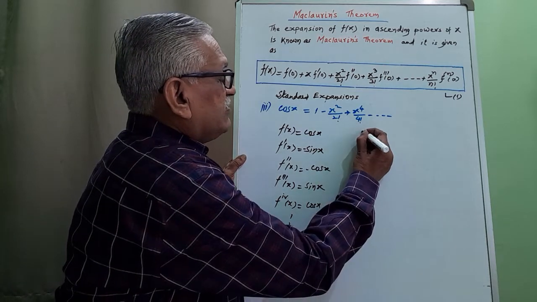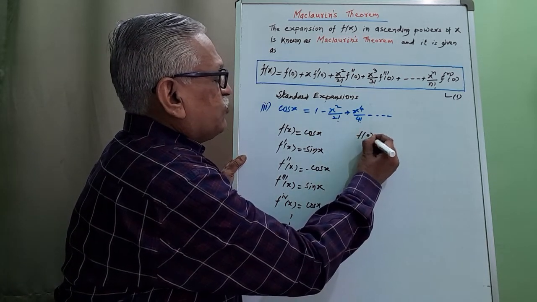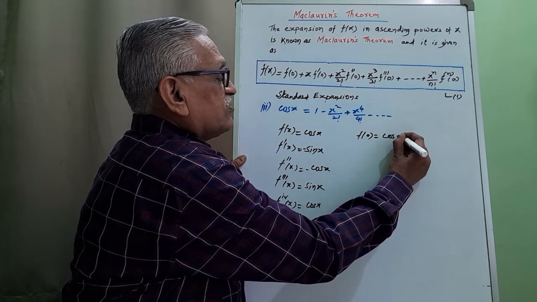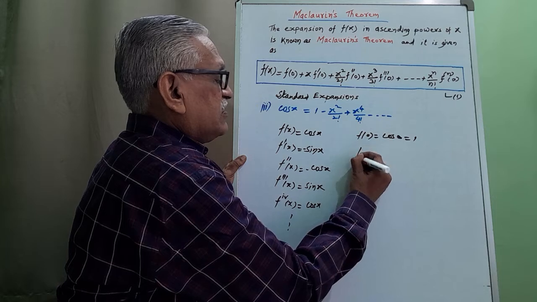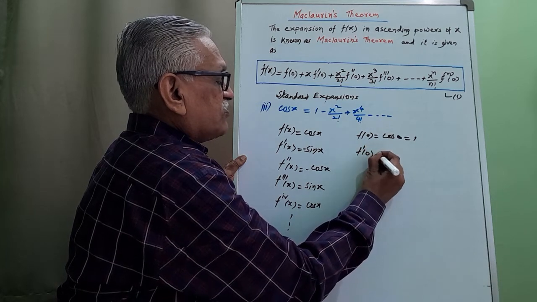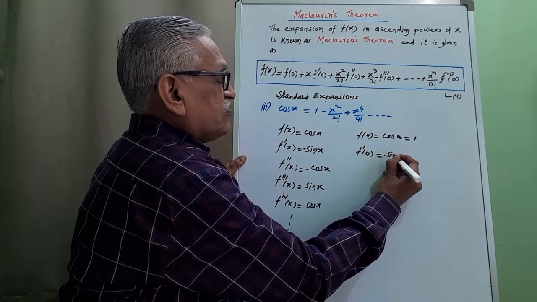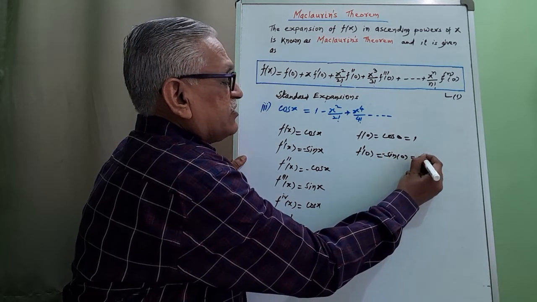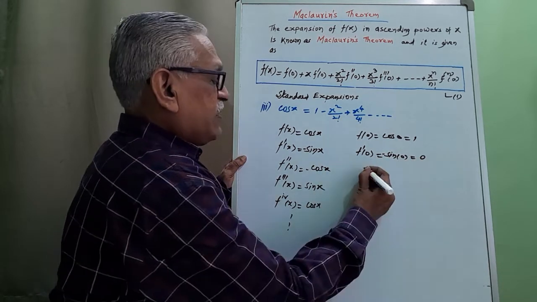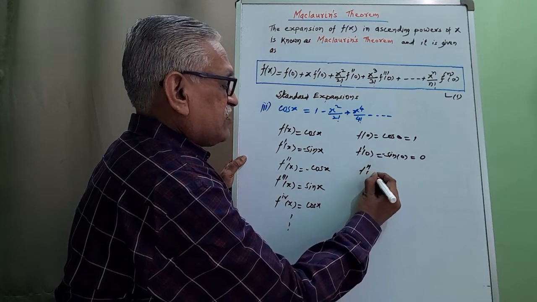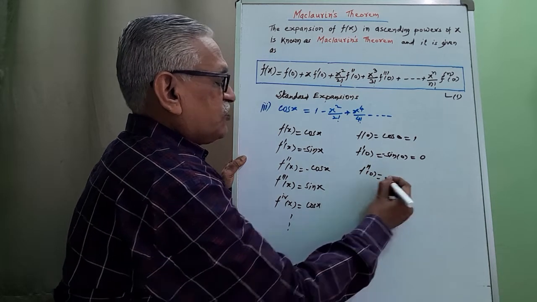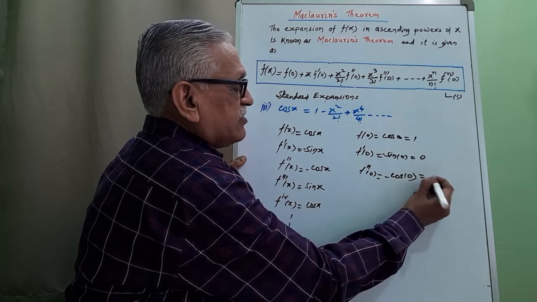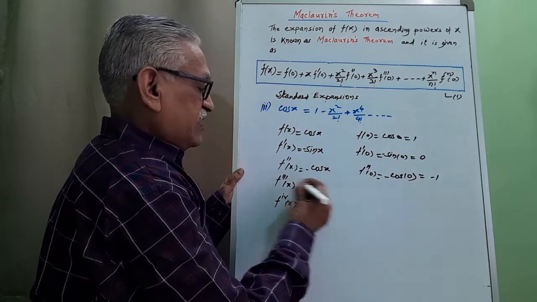And then f of 0, put x is equals to 0, we get cos 0 as 1, f dash of 0 sin 0 with minus sign, sin 0 is 0, f double dash of 0 cos 0 with minus sign, therefore it is minus 1, f triple dash